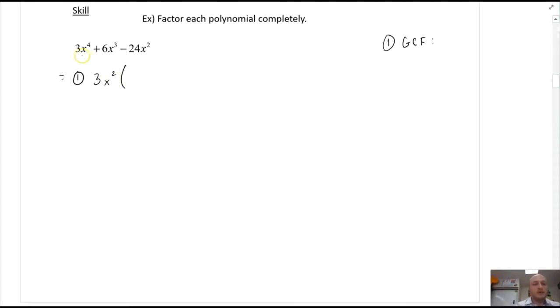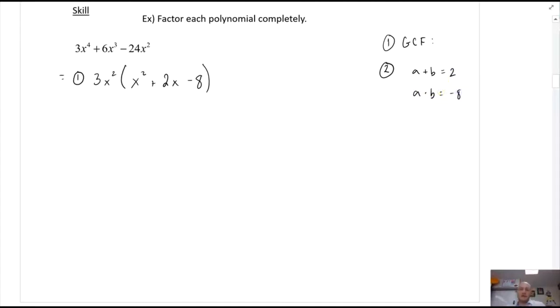All right, well, what's left behind? So I divide 3x to the 4th by 3x squared, and I have x squared left behind. I'm going to divide my middle term, 3x cubed, by 3x squared, and that would be 2x. And I'm going to divide my third term, negative 24, by 3x squared, and that would be negative 8. Okay, so I have effectively factored out the greatest common factor. And now I want to do step 2. I want to use, what 2 factors add up to be 2,